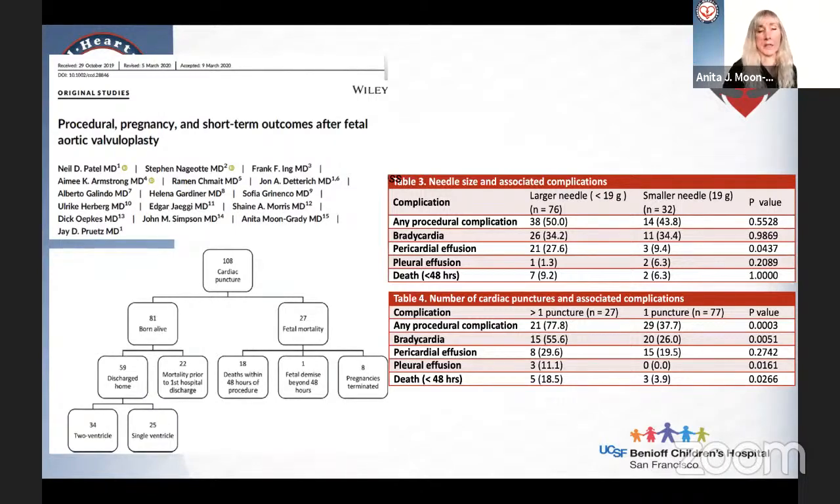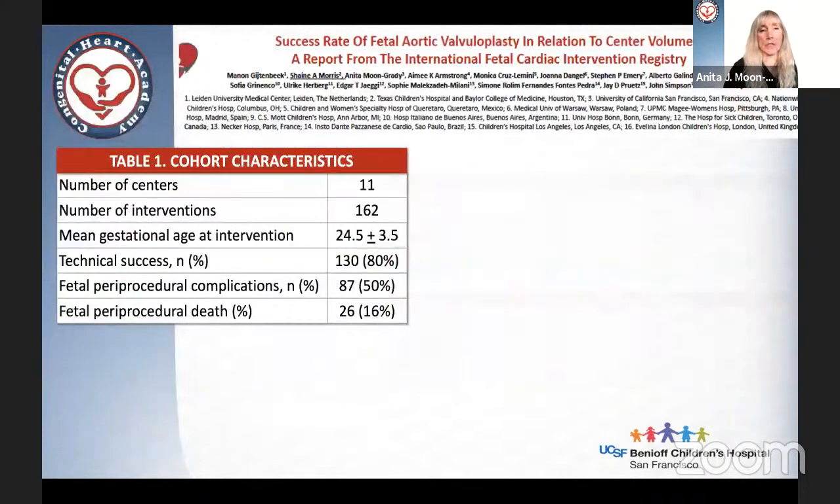And so fetal positioning and team experience seem to be important. And along those lines, what is the correlation between procedure experience and outcome? A paper that's in preparation now from Shane Morris in Texas and Monique Huck, looking at the centers who have